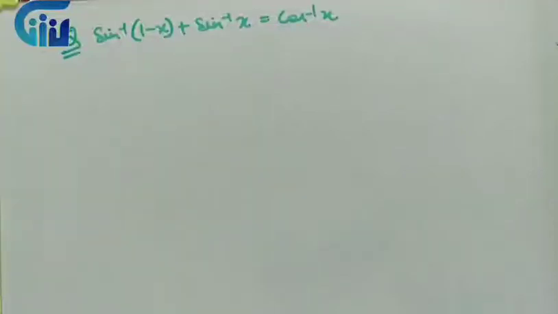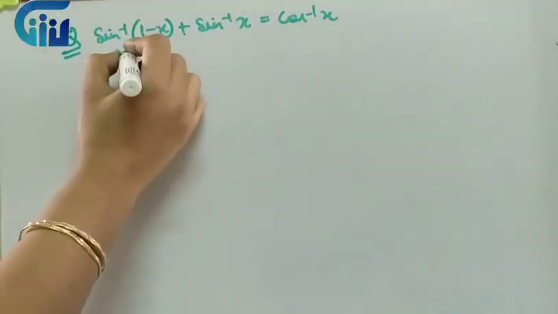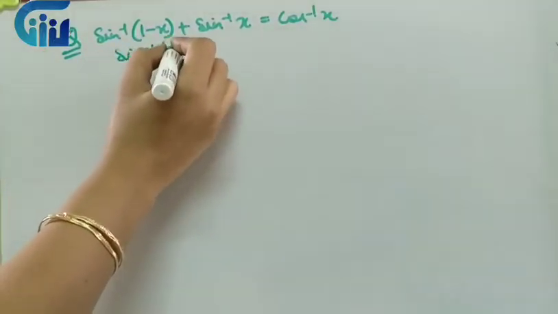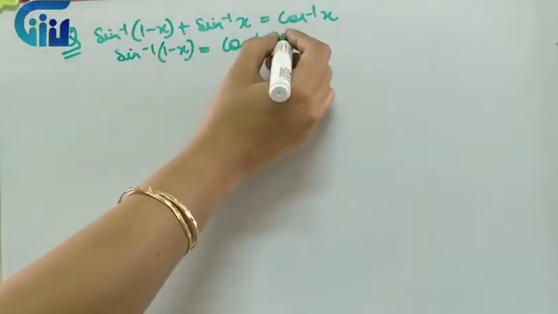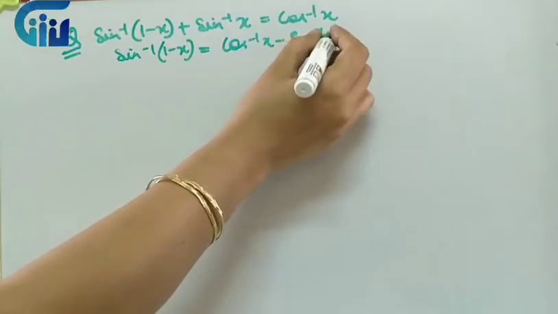In this video we will be discussing certain important questions which are often asked in exams for 4 marks. Now we have to solve for x, and this particular equation is given. We don't have to apply the formula of sin inverse x plus sin inverse y. In this situation the procedure will be the same in almost all the questions involving sin inverse. So I'll write this on this side and I will move this sin inverse to the other side.